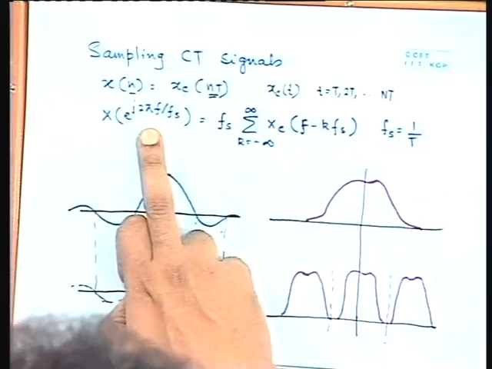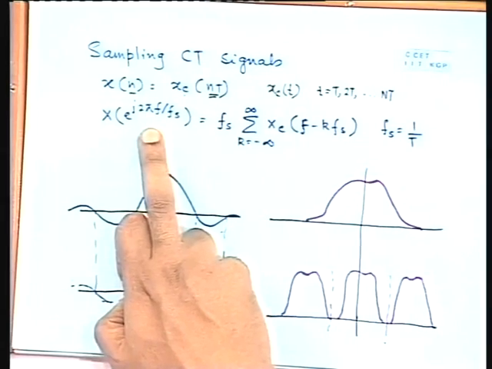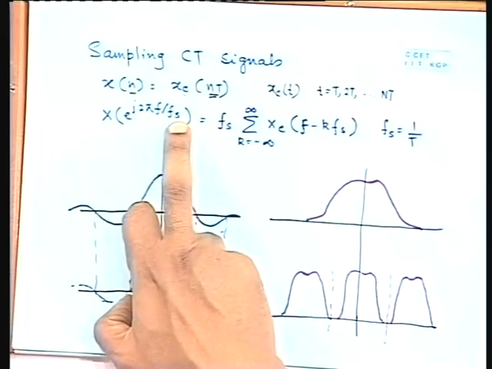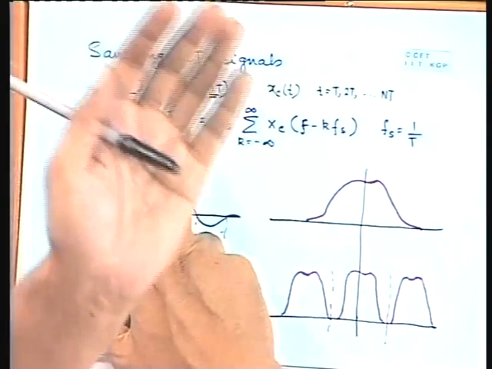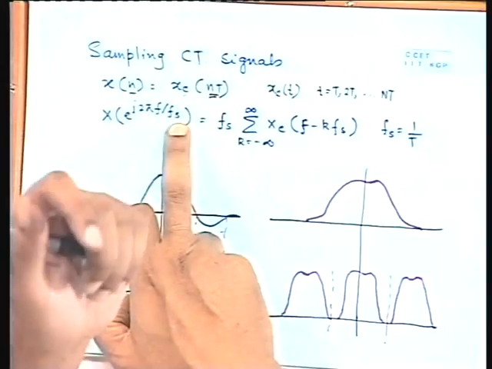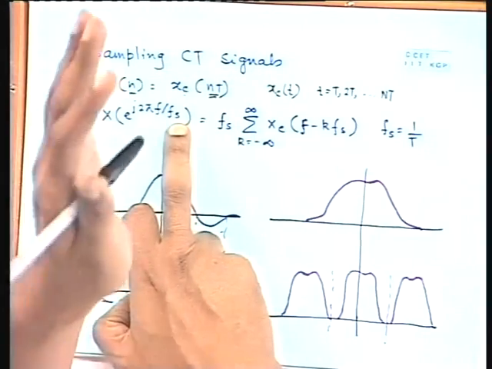What does it say? It says that if you sample a signal at a sampling frequency fs, these things will be covered in much more detail in your DSP course. This has a great deal of mathematics in it. We cannot do that. What we will do is learn the result and understand the meaning of the result without actually going through proofs and other things, right?